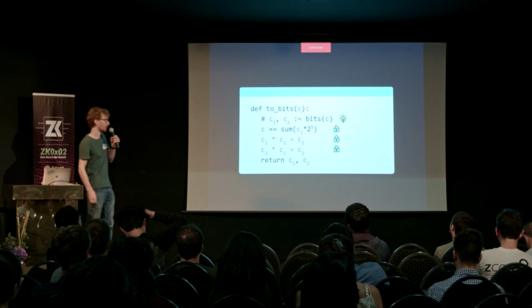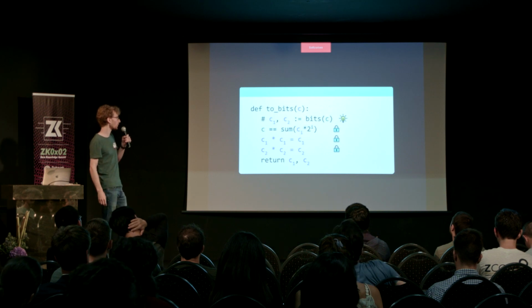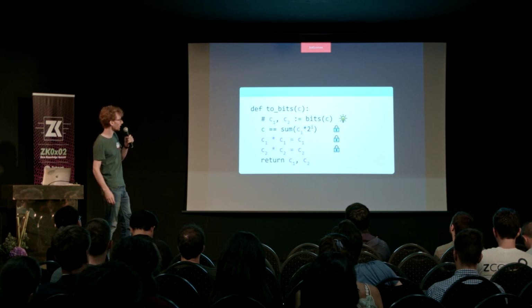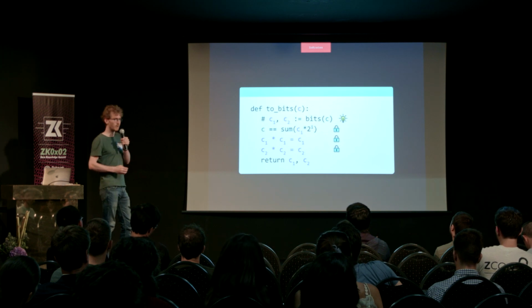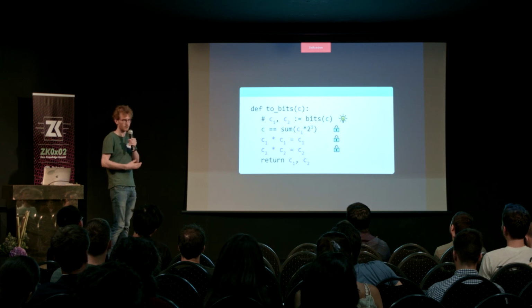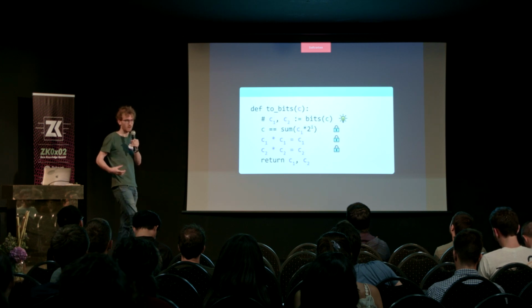However, if we look at something that we would want to do, which is turning a number into its bit representation, that's something that's really useful, especially in the case of SHA-256, because SHA-256 is based on bits. So you absolutely need to have a way to represent bits to implement this algorithm. And it turns out that if you want to take a number, which is living in this prime field, so it's just like an integer, and you want from that to output the bits that represent this number,